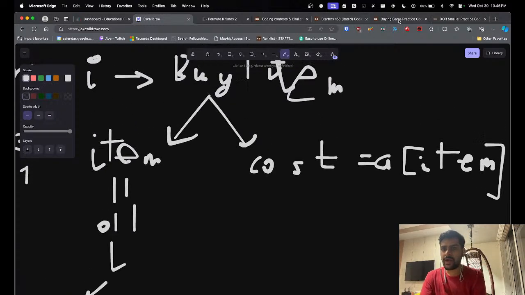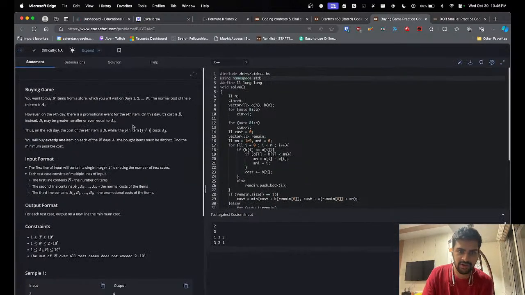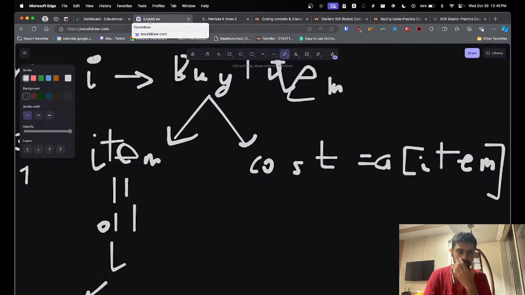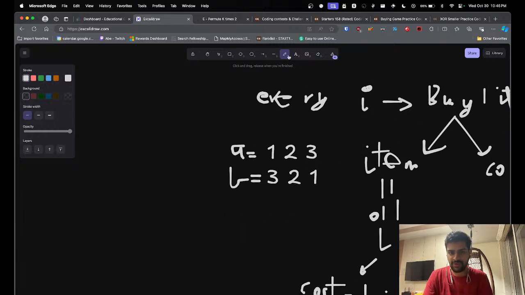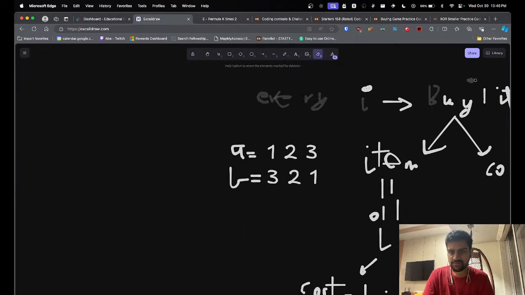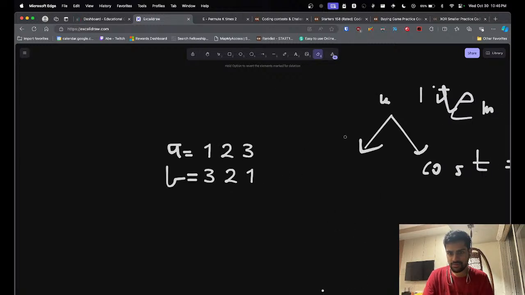Now you must buy all the items. Find the minimum possible cost to buy all the items. So now, a very brute force way is